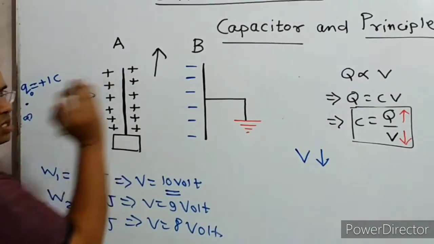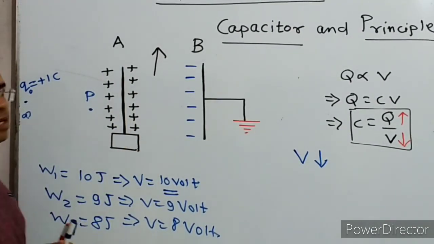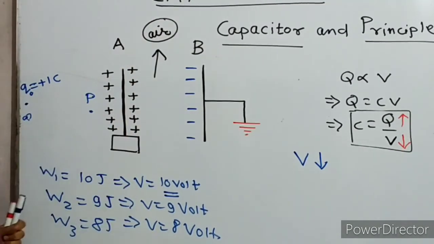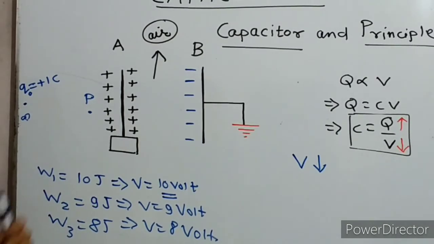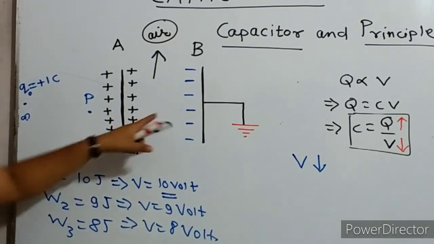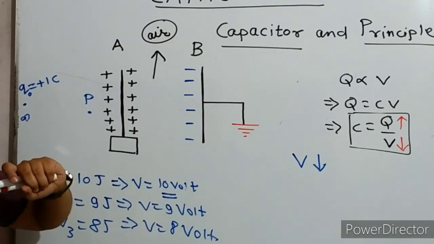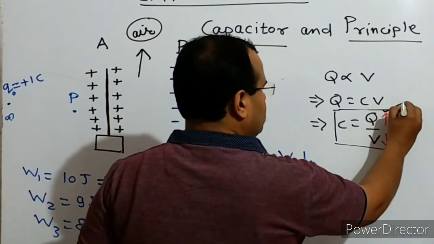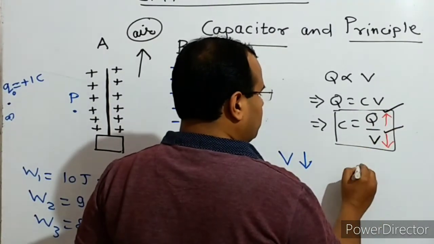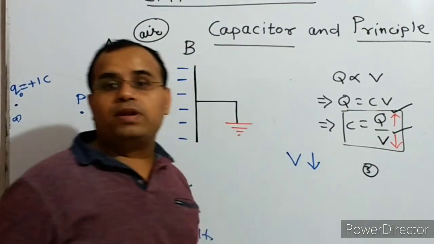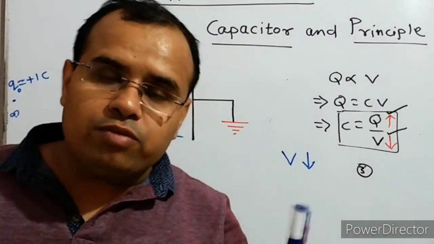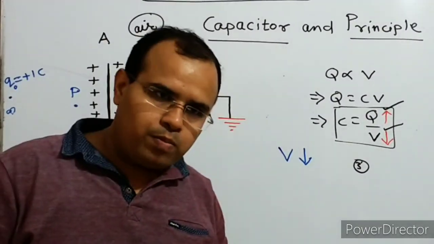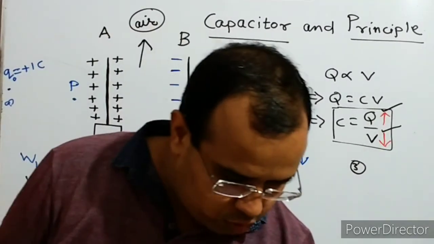Here, when we are talking about this capacitor, this is actually a parallel plate capacitor. In this case, in between the plates there was air. But if you replace this with other mediums, definitely you can increase the capacitance. So as I told you, there are three ways. First is provide charge, second is decrease potential, and the third way is replace or change the medium between the plates. By doing this, you can increase the capacitance further. Okay, now how can you do that?